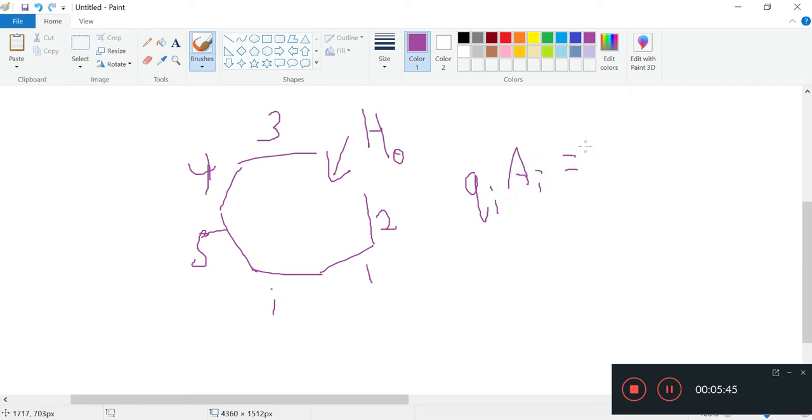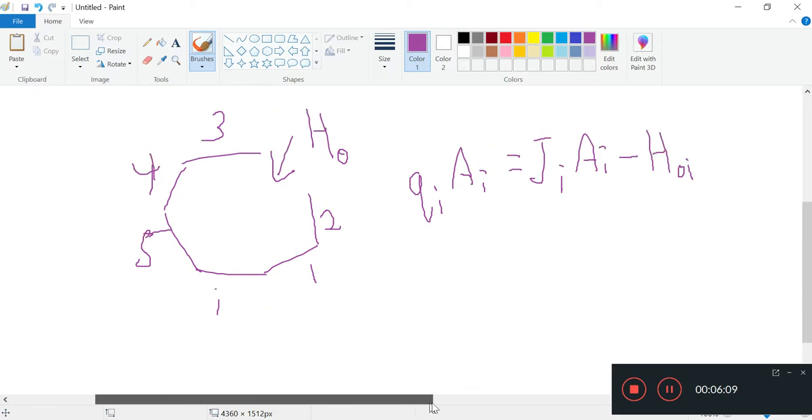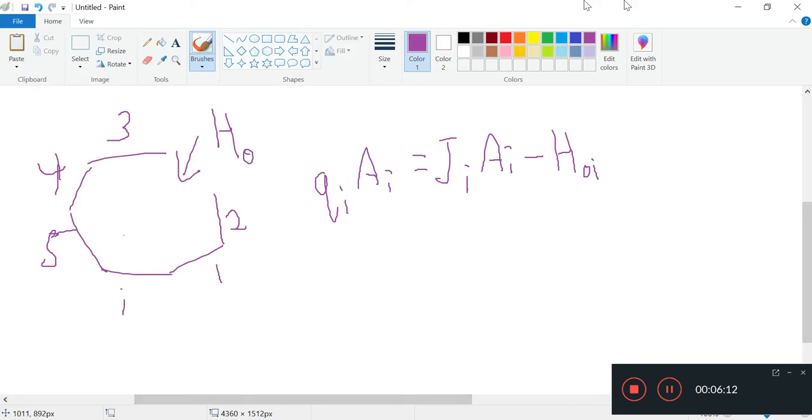Q_i A_i equals, the net heat coming out is J_i A_i. And then what is the net heat coming in? You have to subtract H naught A_i. Whatever H naught is impinging on i, this is the external radiation that comes on surface i, which is over here. What is the radiation coming there? That's H naught i, and you just multiply by A_i. And of course, you will also have